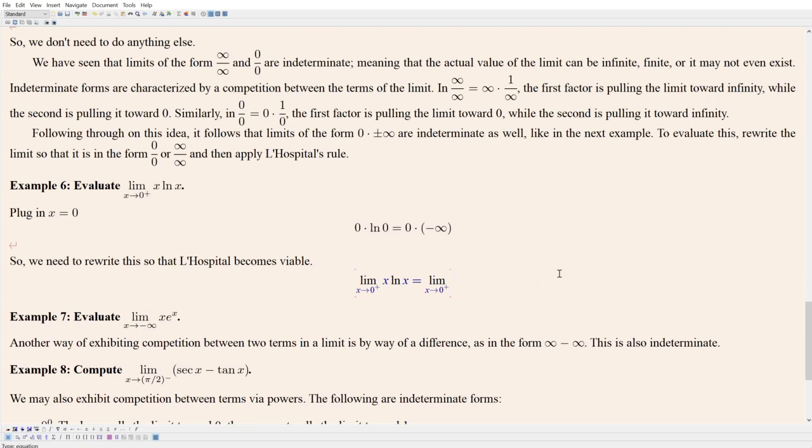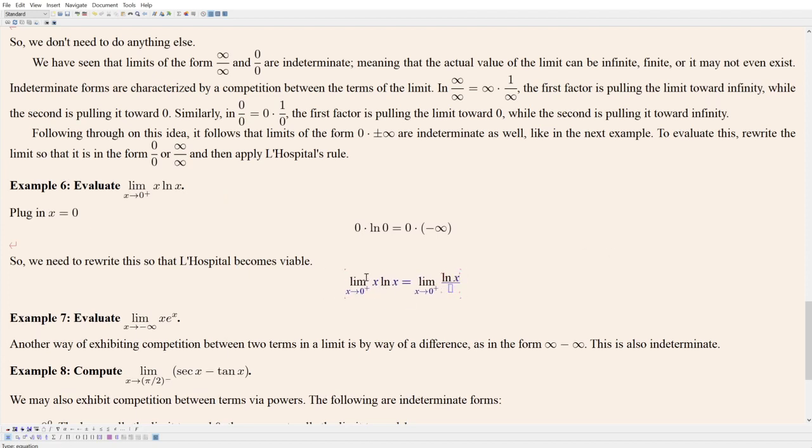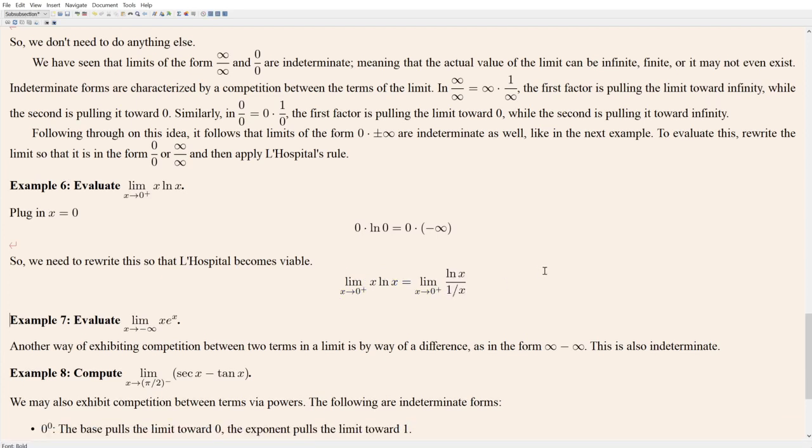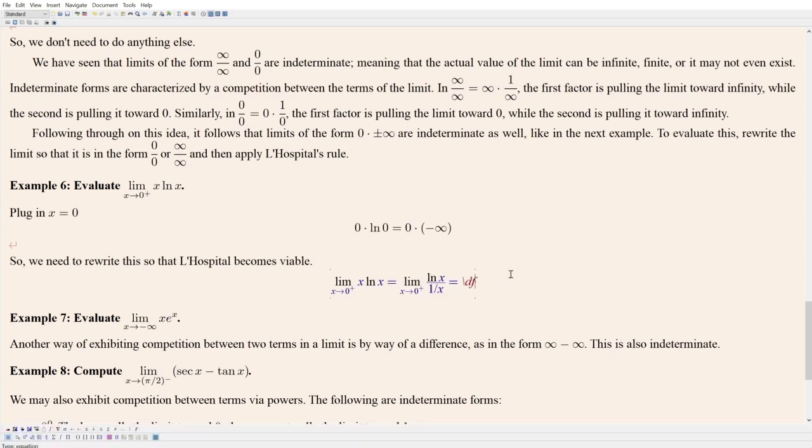So how can we do that? Well, we want to rewrite it as a fraction. So one trick that we can use to do that is to take this x and rewrite the x to be 1 over x. Like so. I mean, that's perfectly fine. Dividing by a fraction is the same as multiplying it by its reciprocal, so this and this are identical. And now, if we were to plug in 0 naively, we get log of 0, which is negative infinity, and 1 over 0 here, which is